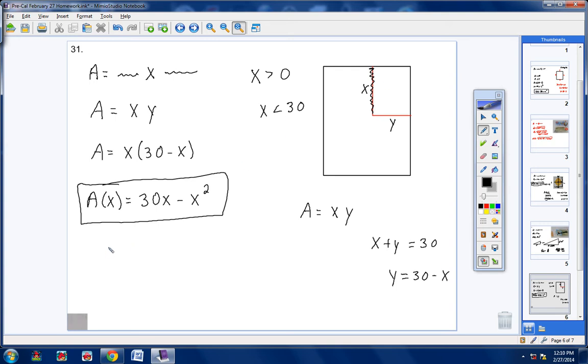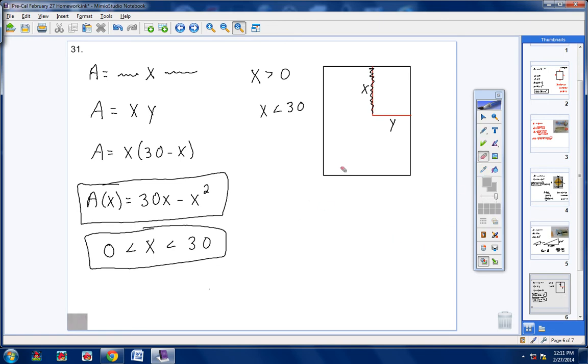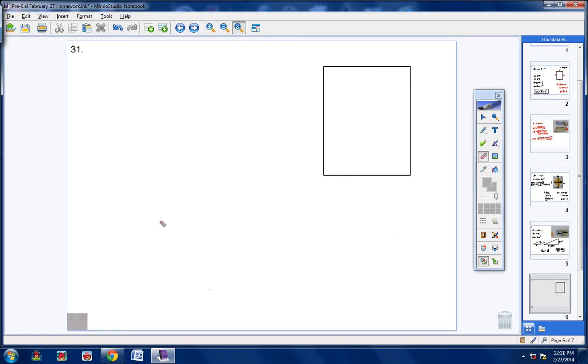So you put your smaller number here, you put your larger number over here, you put your x in the middle, and you point your arrows to the left. Now do not put equal signs, because x cannot equal 0 and x cannot equal 30. X is greater than 0, less than 30, non-inclusive. So there's your domain. That's pretty simple, okay? Now, the last part says, using the graph given, and there is a graph given to us,